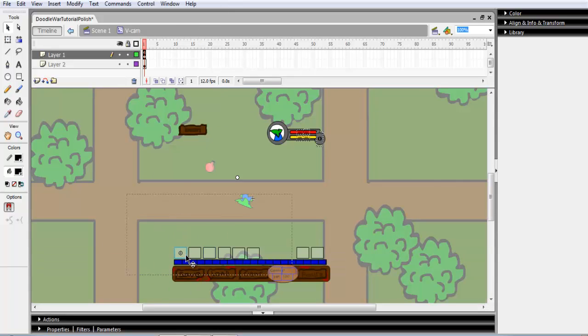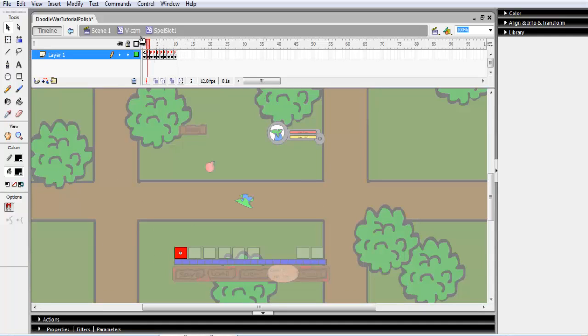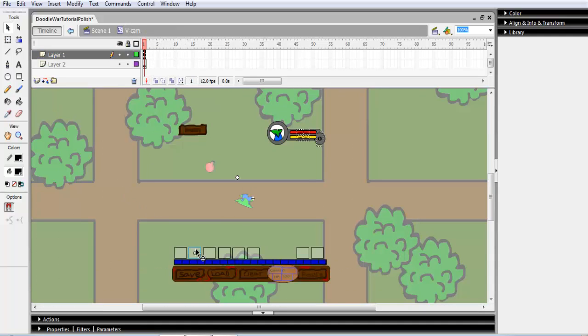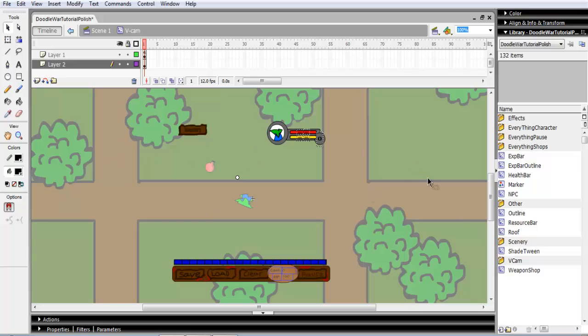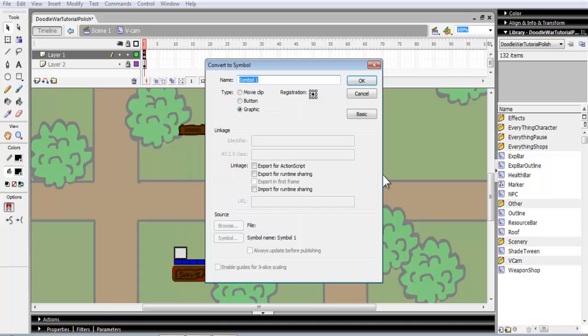So what we're going to do is I'm just going to delete this, because I was planning on using a different system where you drag your spells in, but it's a lot harder to implement, and this is just a simple RPG game. So I want us to delete that, not the camera. We'll convert to symbol again, and we'll make it a movie clip and call it spell